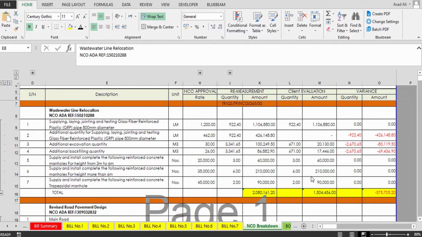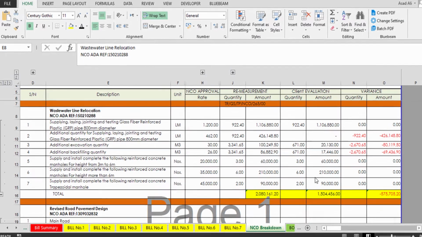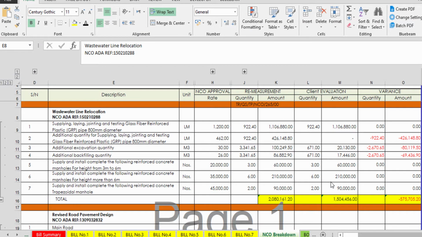Today we are going to discuss one of the most important things, because this is basically the lifeline of your work. Whatever you are doing during the whole project, this is the area where you will control all that work. Okay, so this is basically the log, which is a reflection of all those NCO notifications of change orders that you have claimed, and you will know a quick status: whether this variation order is approved or rejected, or how much the actual quantity we have claimed and how much it is approved from the